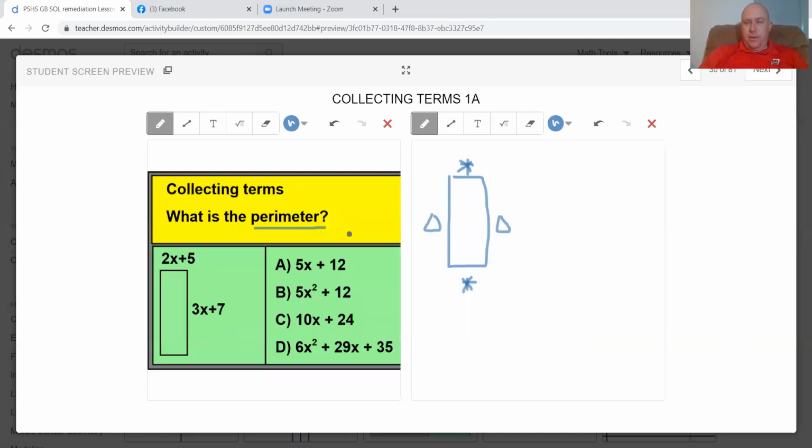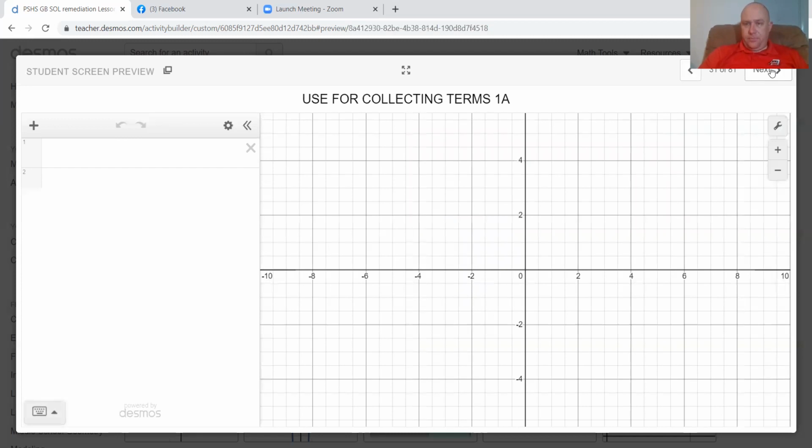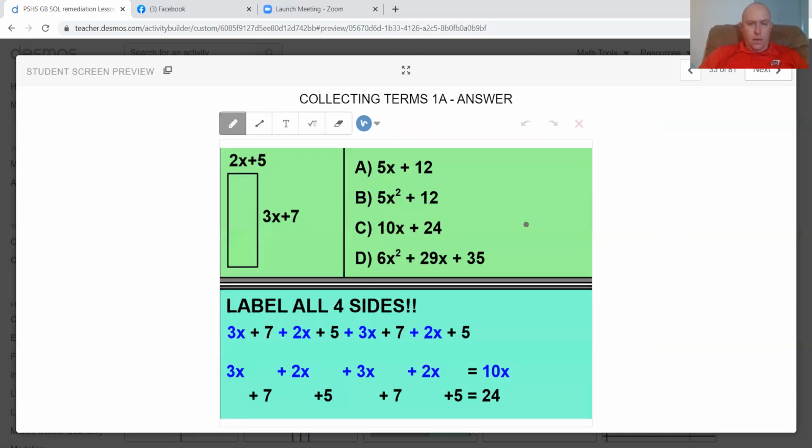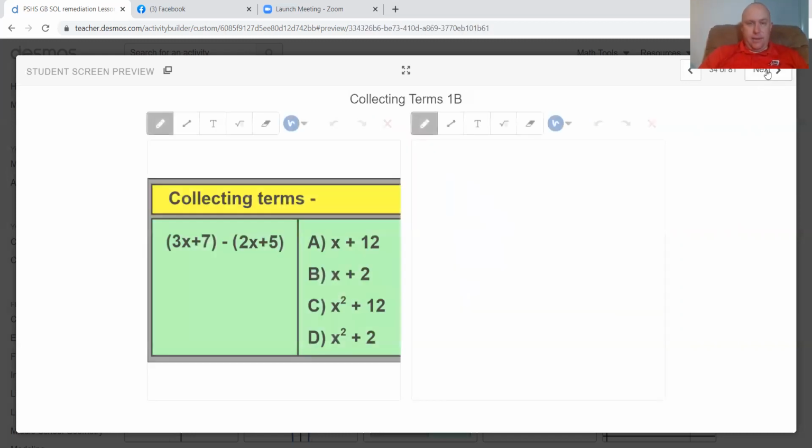So perimeter is just where you're going to add all the sides together. And you can see it probably better here. As it's all written out here, you can just focus on the blue terms, which are the x's, and you can focus on the black terms, which are just the constant terms, and then you can add them together easily. Subtraction, we can just do 3x take away 2x is 1x, or x, and 7 take away 5 is 2, as in positive 2,